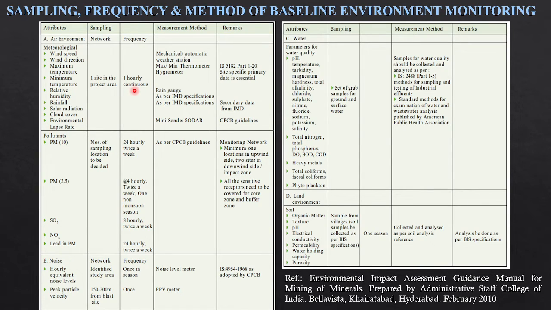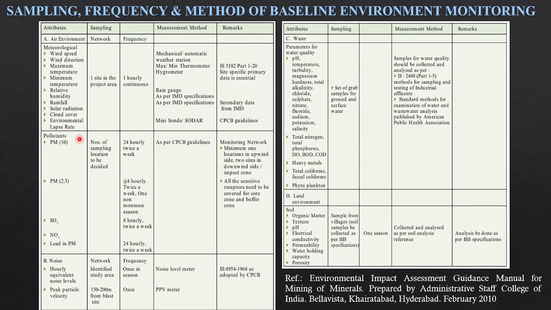For mining projects, for 3 months you have to collect air and monitor meteorological data, that is wind speed, wind direction, maximum and minimum temperature, rainfall, etc., for one site in the project area, and it will be 1-hourly continuous. For ambient air quality, the location site will be decided based on the survey,